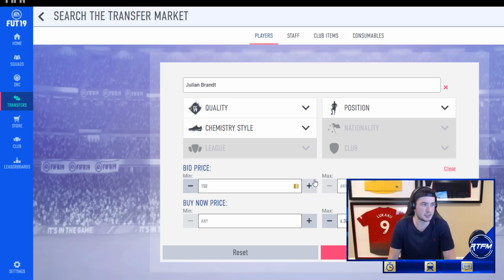The next step, obviously, once you get above that 10K mark, you're going to start to look into maybe doing some stuff like two ways, right? Start to look into some special cards. There's going to be a team of the week available. Some people are going to buy team of the week. Some people are going to pack team of the weeks. There's going to be discard informs already available. Trust me, I already know that for a fact. There will be players that are 14K, a nice looking inform that you can start to flip and get snipes on and things like that. But another thing that I would start to look at,